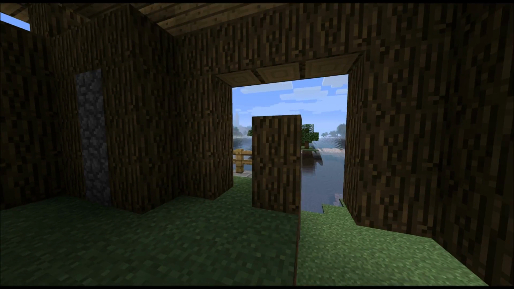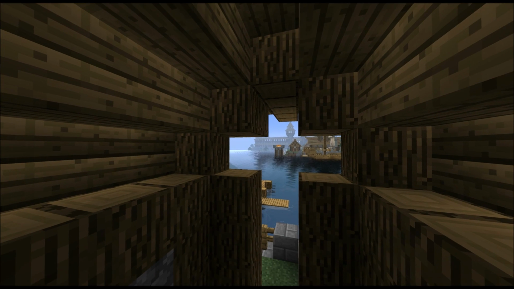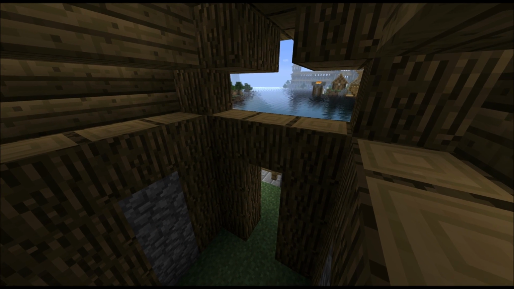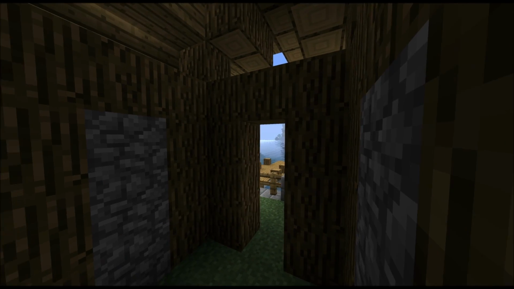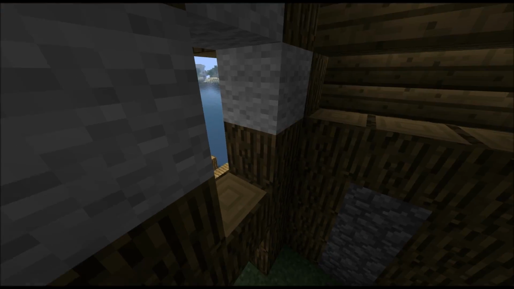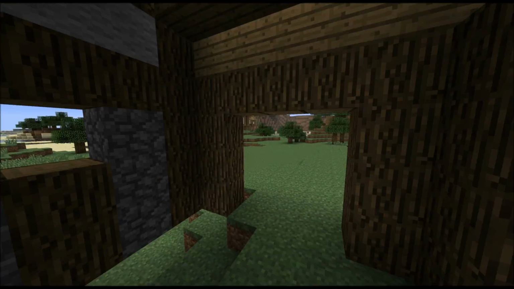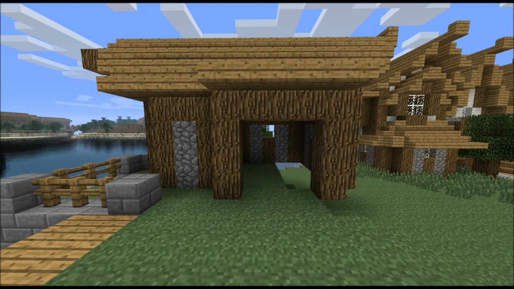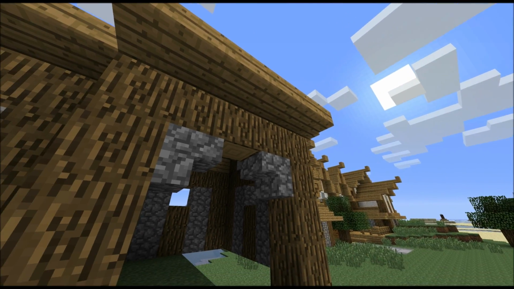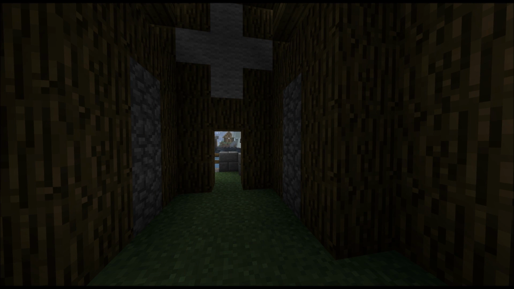Wait, no, not these. Because up here I'm going to put in some wool, and I want to have a door on this side, a small door, so I'm just going to do it like that, and then I'm going to fill it out with the wool on either sides. And in the front here I want to use the upside down cobblestone stairs to make like a doorway, and then I want to...